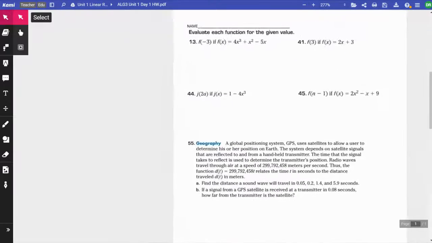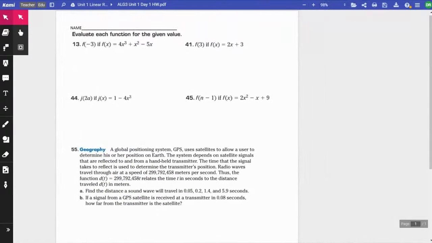Statement. You can see it looks the same here. This is day 1 or focus 1. Number 45 on there, I'm going to leave off. We should be able to do maybe 13 and 41, just based on the previous examples from the previous video. 44 has a variable in it, so that's where it kind of gets a little different. So I'll start there. And in 45,